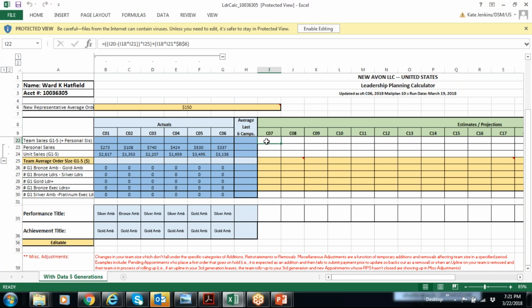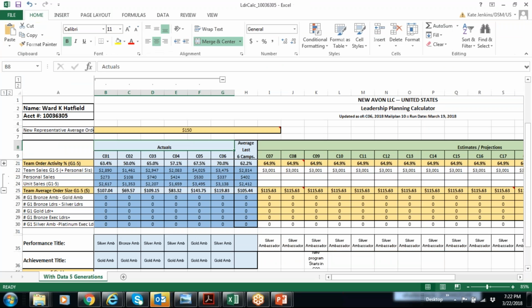Where is my part to show your additions? I might have to unhide something. Mine is different than yours. I'm sorry. I haven't been in one like this. So how do I unhide? Oh, I have to enable it. There we go. That's why this looks much better.